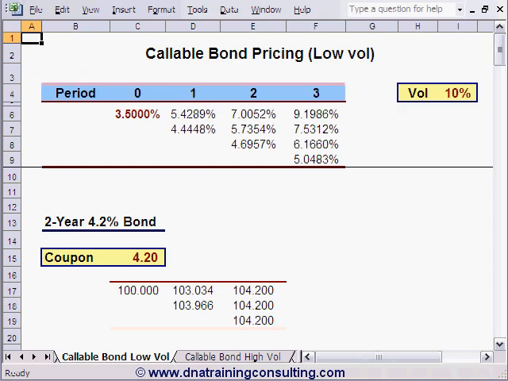The binomial process described in this worksheet centers around the idea that future scenarios for the path of interest rates, in this case very specifically the 1-year zero coupon rate, can be modeled if we have already first the current 1-year rate, two, a credible input for the expected future volatility of this 1-year rate, and very importantly, three,